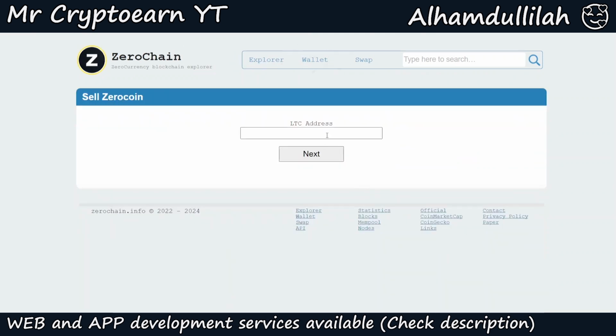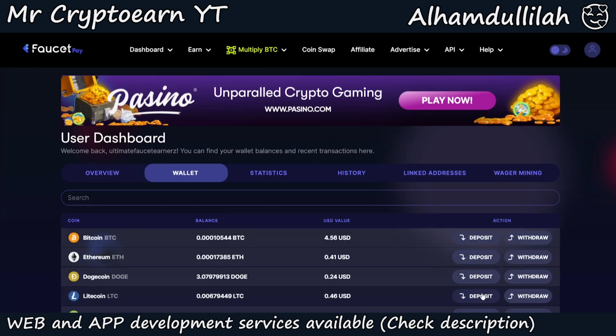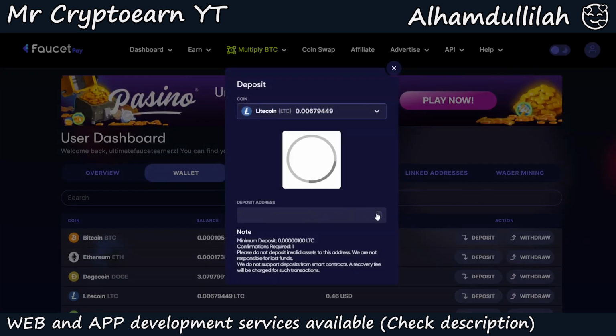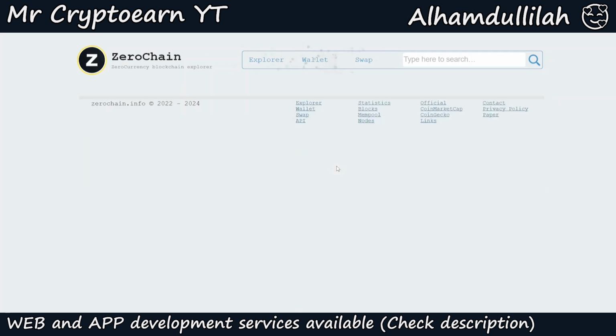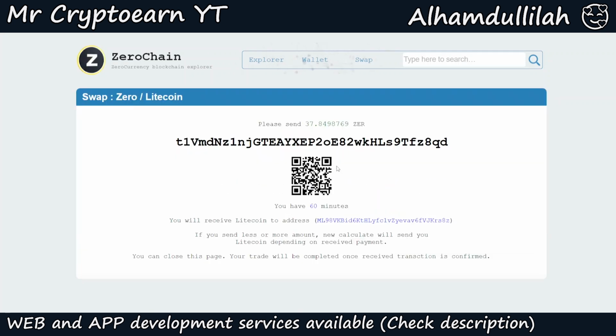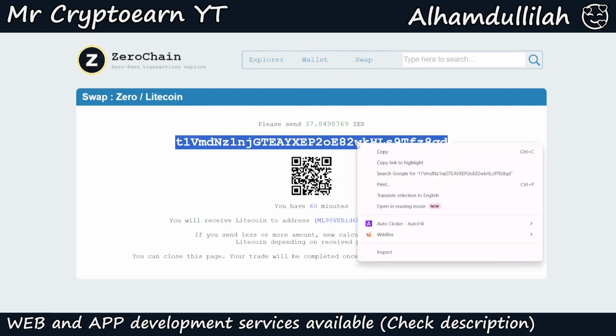Next I will input the Litecoin address. Let me copy that again. So let's go back and I will paste the Litecoin wallet address. I will click on next, and now it's going to give me the wallet address to send the zero coins to. So let's copy this address